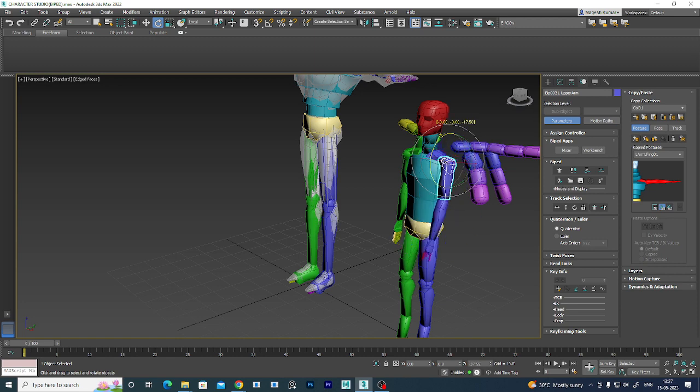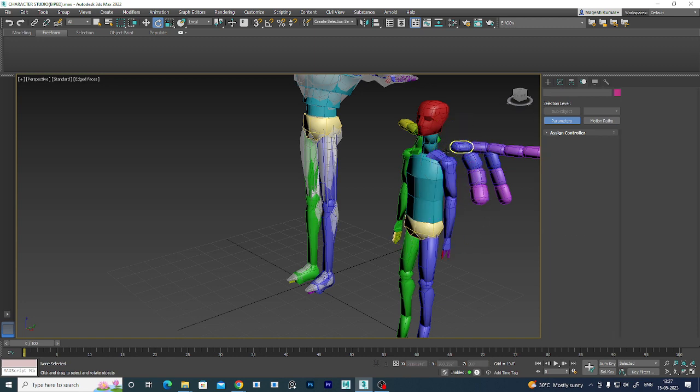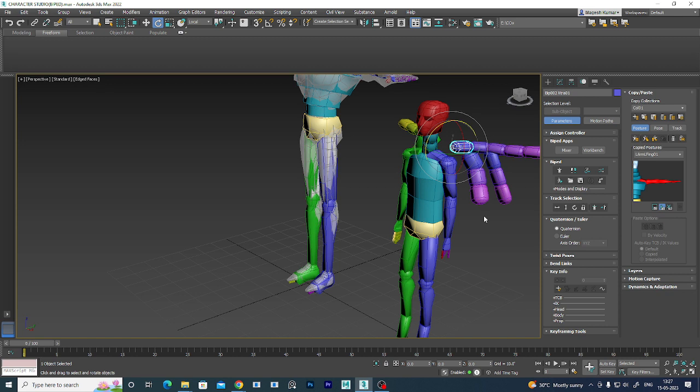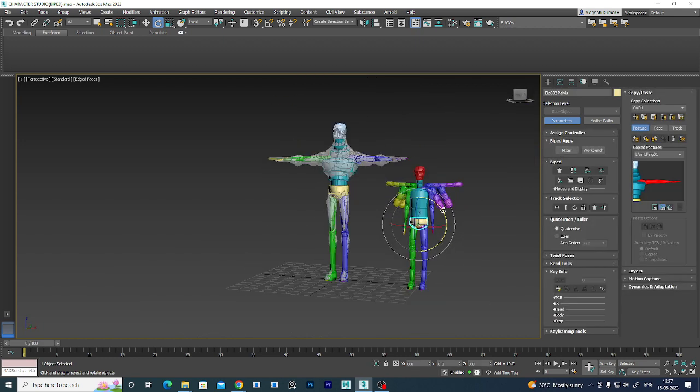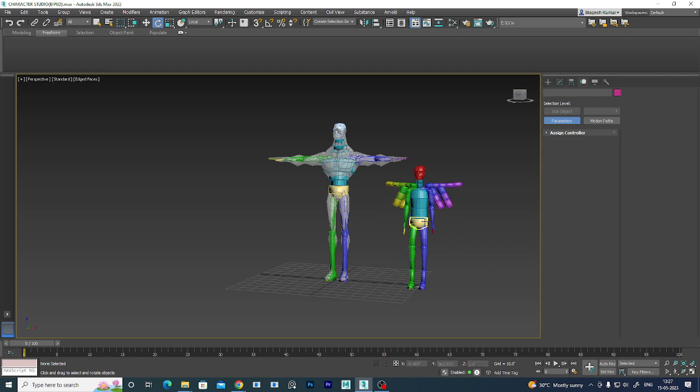So I'll give you a very brief demo. Once you are done with this, satisfied with all the bone structure that you have created, now it's time to skin the bone to the character. So how we can do the skinning, let's study that. This is the next topic. I'll just pause and then